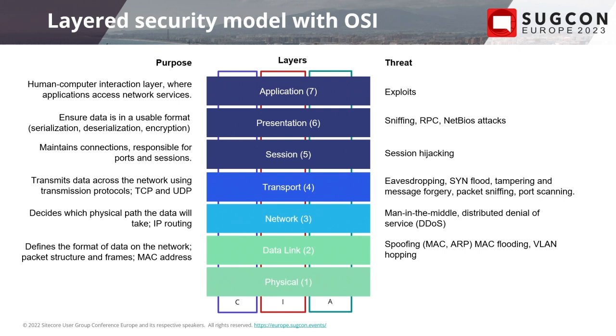VLAN hopping, and finally, and this is really an often overlooked layer, the physical layer. From the networking perspective, that deals with physical connections, cables, access to the system, for instance, right? From the security perspective, it's simply having physical access to things. And that could be anything. That could be having access to someone's system that's been left open, being able to unplug a cable from the wall, or simply being able to walk up to someone's machine and plug in a USB,